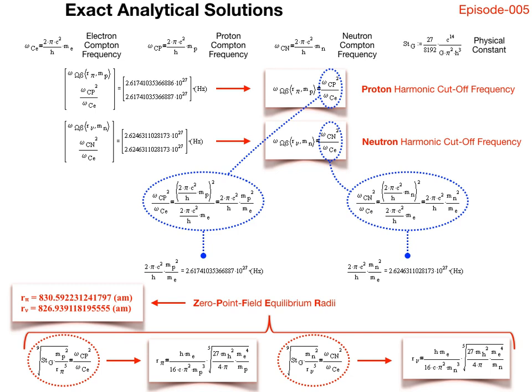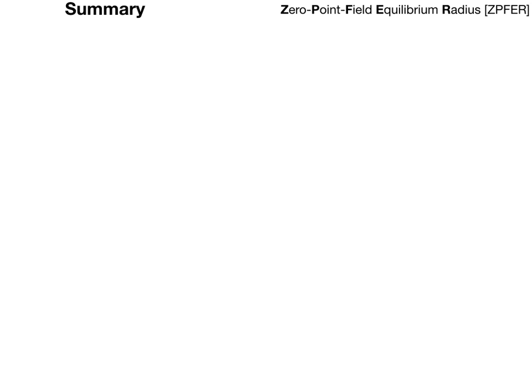When utilising conventional methods, the neutron mean squared charge radius is a negative quantity, whilst the root mean squared charge radius of the proton is a positive quantity. This disparity is a significant indicator of a problem within the standard model of particle physics, requiring correction. We know for a fact that a problem exists because we have derived a solution without the same disparity. Let's now summarise what we have learned. The lessons learned in this episode are as follows.